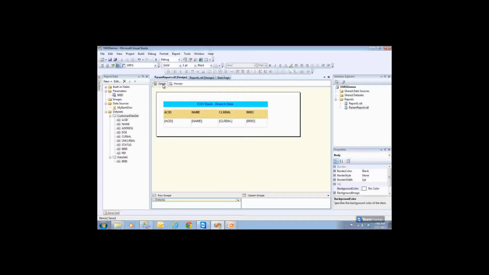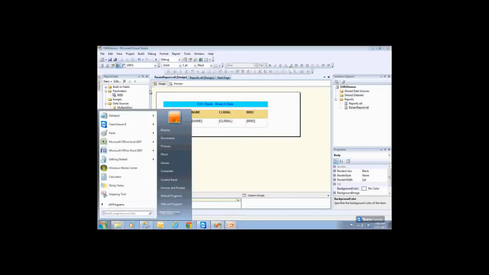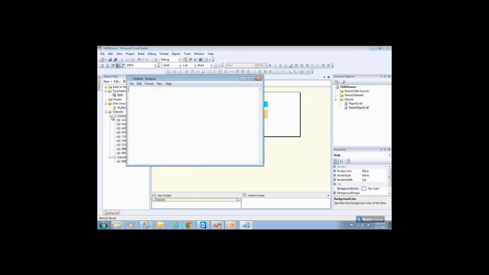So what is the learning point we are going to achieve? How do I provide multiple values to the report?